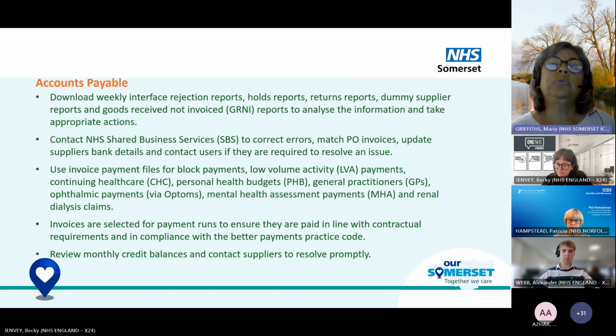So it is important to check all these reports at least weekly. The next thing we do is contact SBS to correct any errors and match PO invoices if we have identified that there's any error on the system. It could be as simple as an invoice that has the incorrect invoice number. Immediately contact SBS so